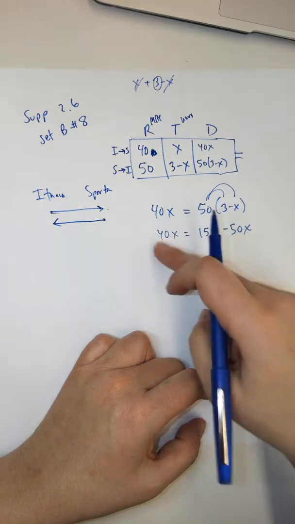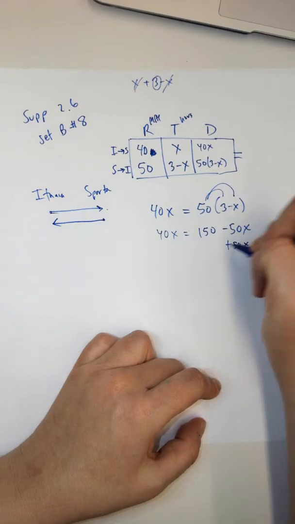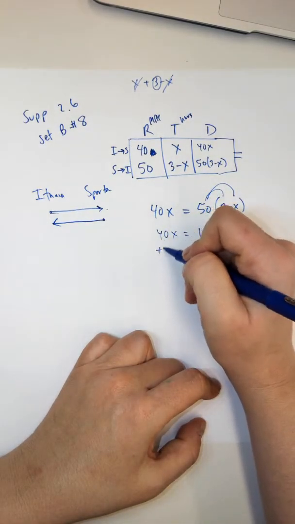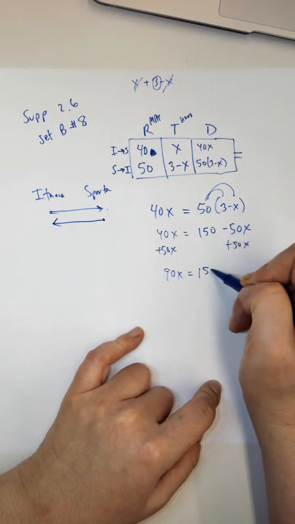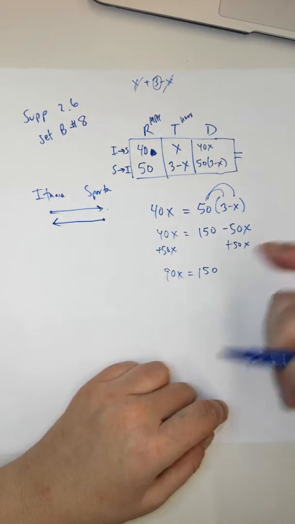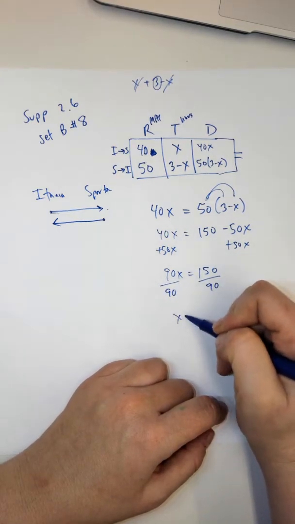I want to bring my x's together. This one's bigger because this one's negative, so I'm going to add 50. I'm going to keep the bigger one where it is. I'll just add 50x to both sides. And I get 90x equals 150. This is not going to work out cleanly, but that's okay. We're going to divide by 90. X equals